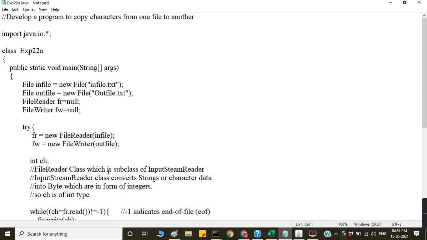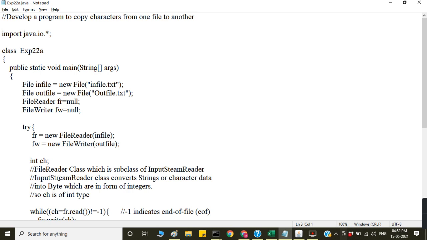So file reader class, which is a subclass of input stream reader, converts the characters or the strings data into byte stream, which are in the form of integers. So ch is an int type. See here reading, while ch equals fr dot read method, you are using the reader, your read method is there.